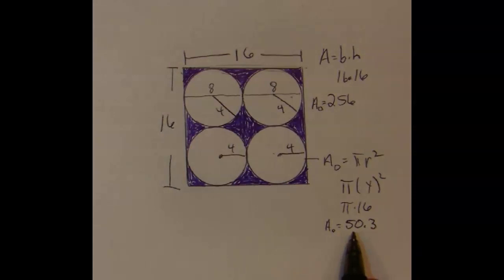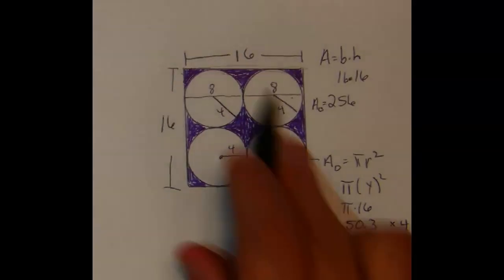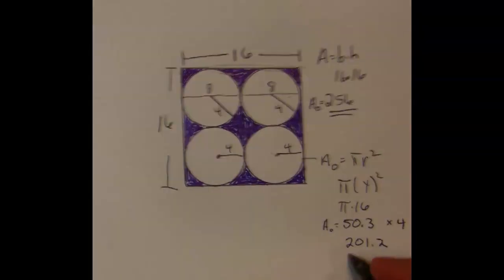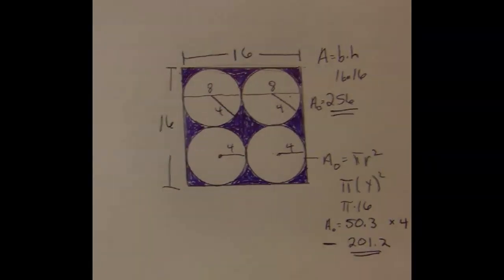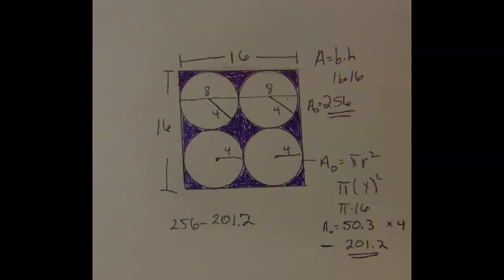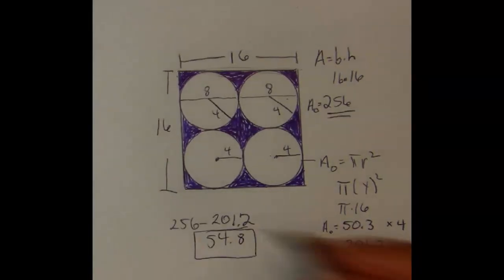Alright, I don't want one circle, I need 4 circles. So we're going to multiply this by 4. So let's take 50.3, multiply it by 4, and we get 201.2. That is for all 4 of these. Now we take the area of our square and subtract the area of our 4 circles. So 256 minus 201.2 gives you 54.8. And that would be the total